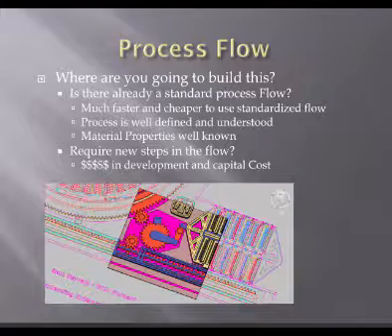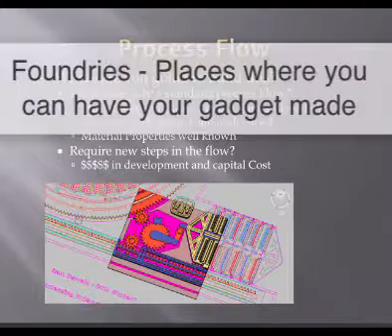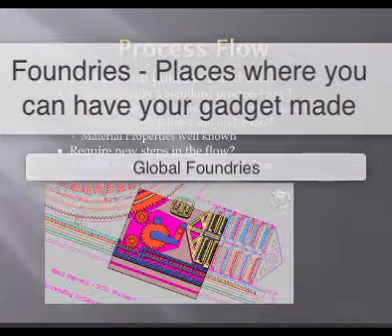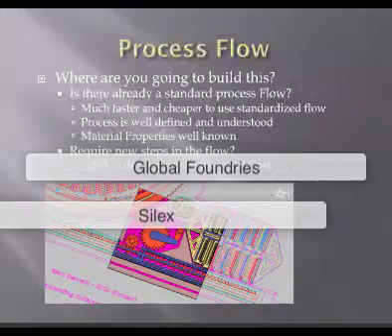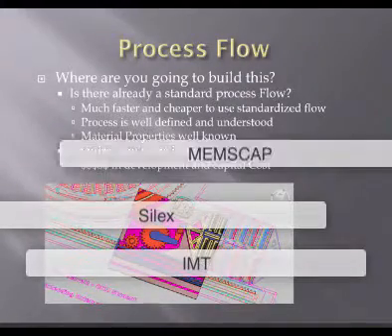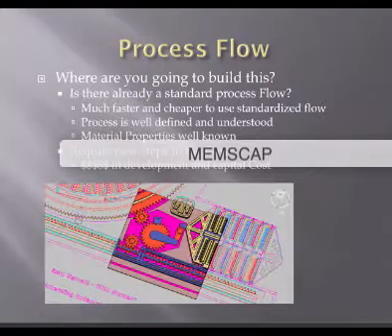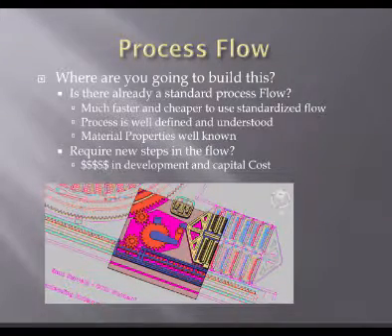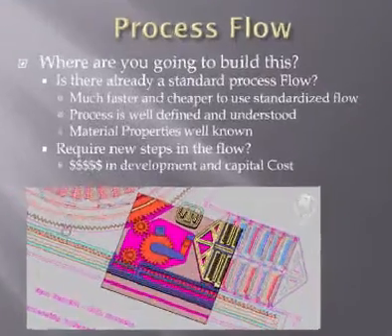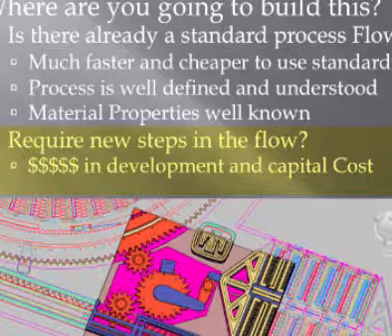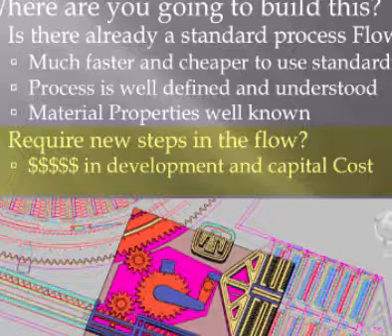And then the other question is where am I going to build it? Am I going to build it at Sandia? Am I going to build it at Global Foundries? Am I going to do it at Silex or IMT or MEMSCAP? Where am I going to make it? So if you pick the right factory that has the process you need, it can be relatively inexpensive. If you want to change the process, oh, I want to have another layer of this type of material in the middle, or I want to make something thicker than they normally run,